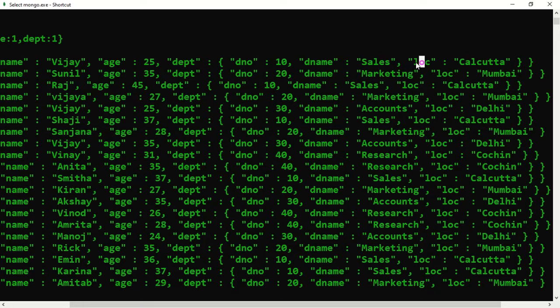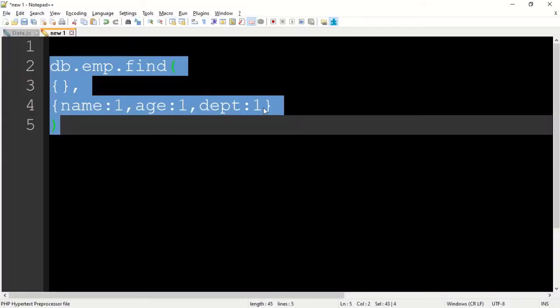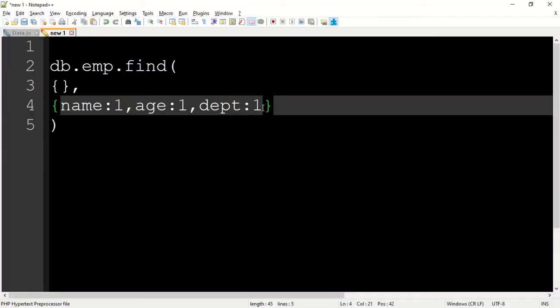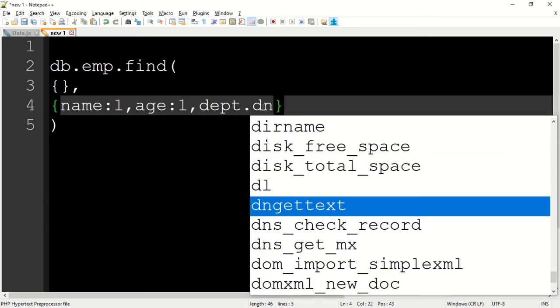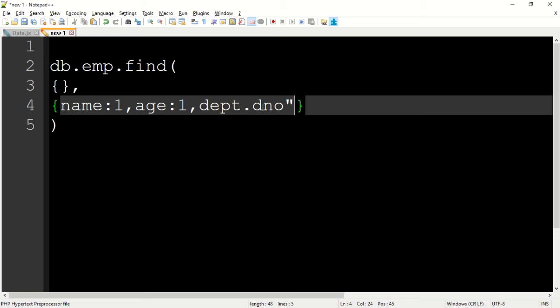Let's remove the location field so that it reduces the number of fields again. I'll go to the notepad and instead of just department, I'll say department.dno first. DNO should be in double quotes because we are using dot notation. So department number has to be displayed, so 1. Now I'll copy that and say comma, paste, and here I'll say dname.